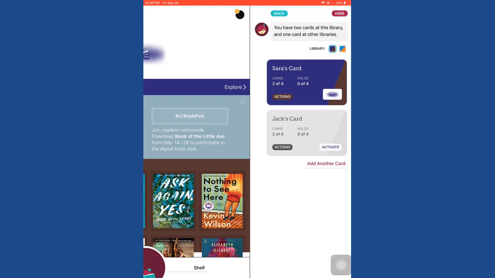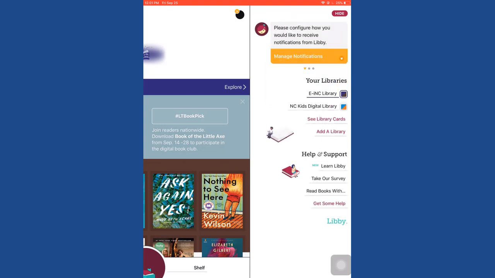One belongs to Sarah, and she's a teenager, so she has items that she can check out in e-ink. And then I also have her younger brother, Jack. And since he's a child, he can check out things in e-ink as well as NC Kids. And you'll notice if I tap on the NC Kids icon up here next to Library, here's Jack's card that's available in NC Kids. Now I'm going to go back and then click on Hide,